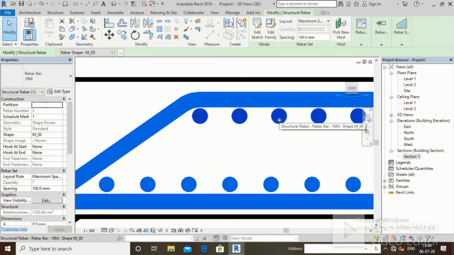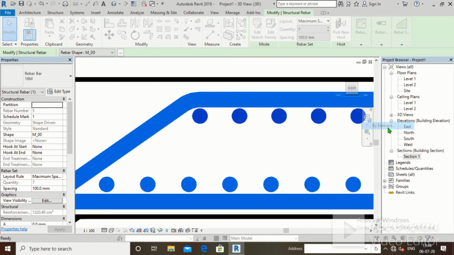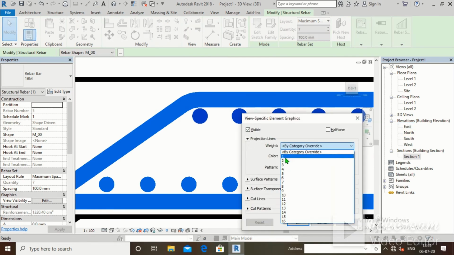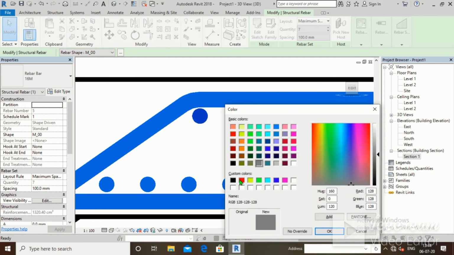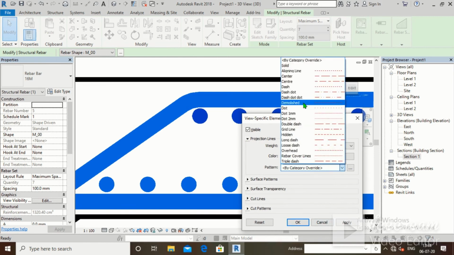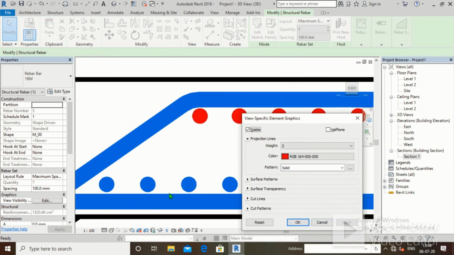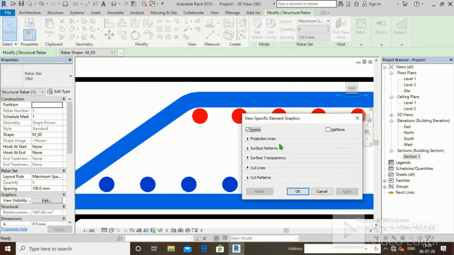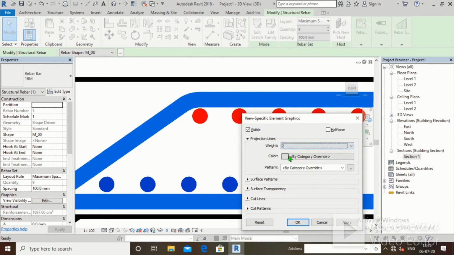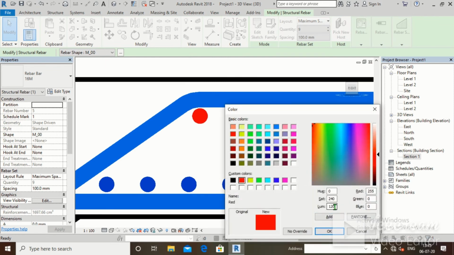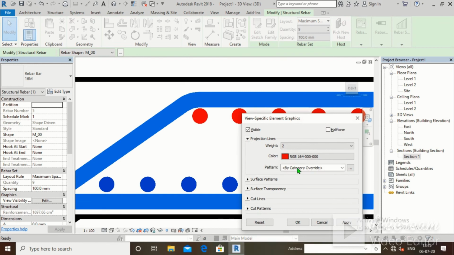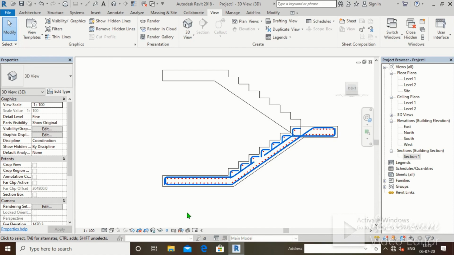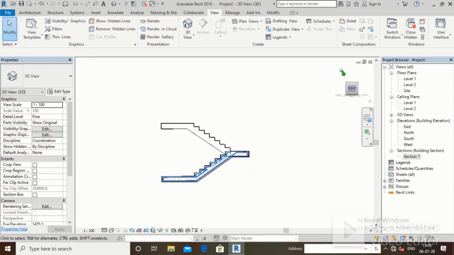Okay, right click, override graphics in view by elements, projection line, weight let's keep it to 2, color red, 77. Okay, pattern solid. Click on apply, click on OK. We will do similarly for this. Right click, override graphics in view by elements, projection line, weight 2, color red, 77. Okay, pattern solid. Click on apply, click on OK. Okay, these are those bars.